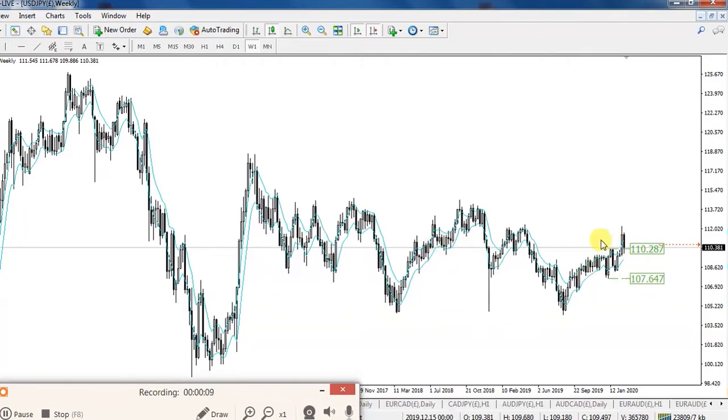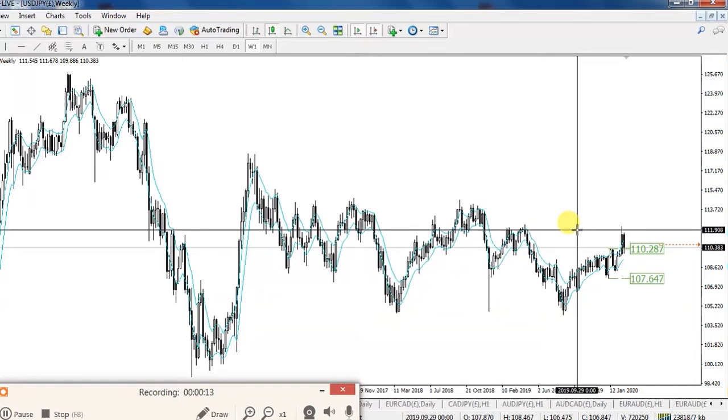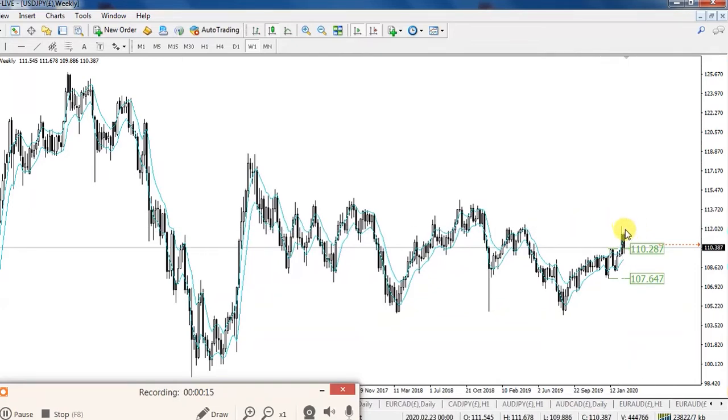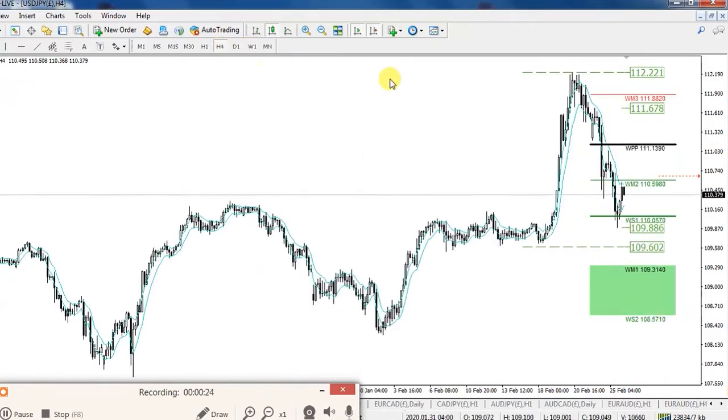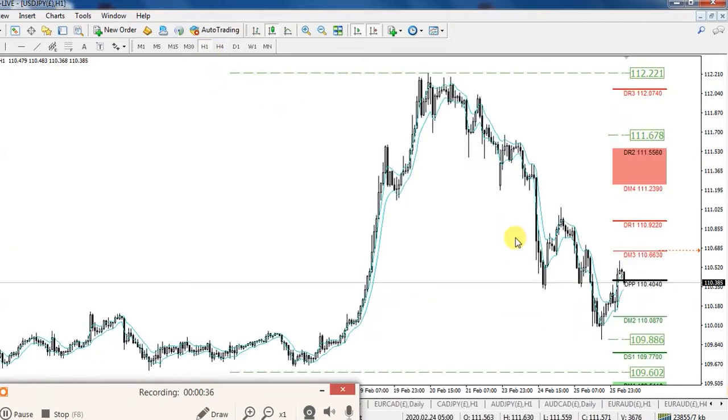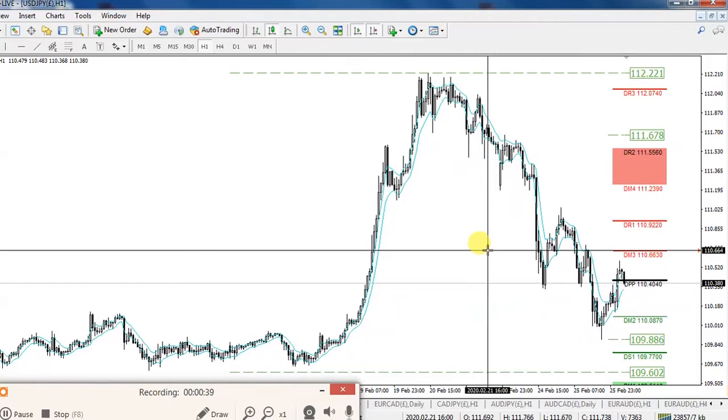I just want to explain the full picture of it. The price went up to these weekly highs, as you can see, and now it's retracing. It's still a retracement, a deeper retracement if we go to the shorter time frames like daily and 4 hourly. But as far as the short-term trend is concerned, it's more of a downside. So I'm looking for the downside, but I want this price to push a little bit higher